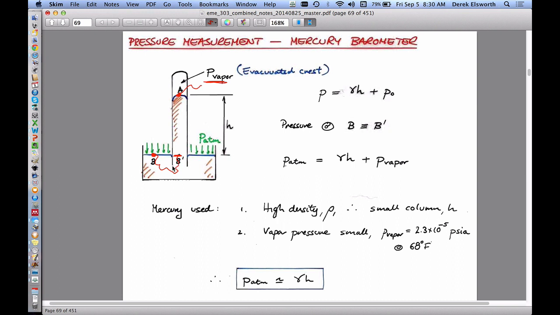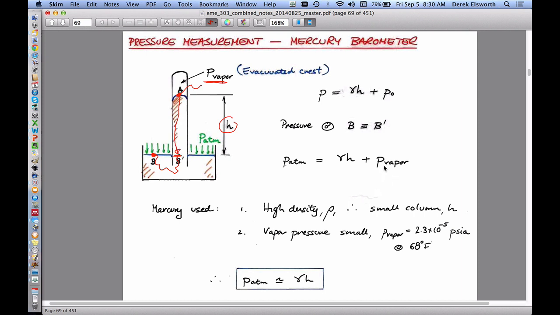So height hasn't changed, so the pressure at B prime has to be the same. And then we can go up through the fluid, and we know that the pressure should decrease as we go up this amount. And we know that decrease because we know what the height is that we go through. And so what we can do is calculate the pressure here, adding this weight